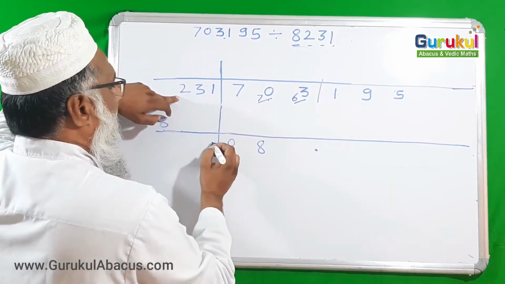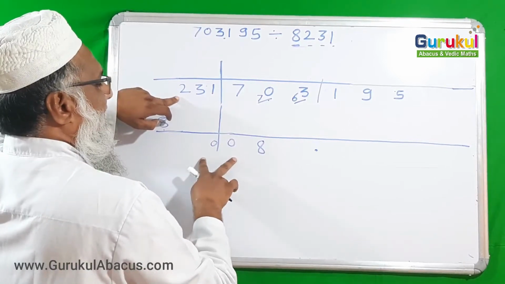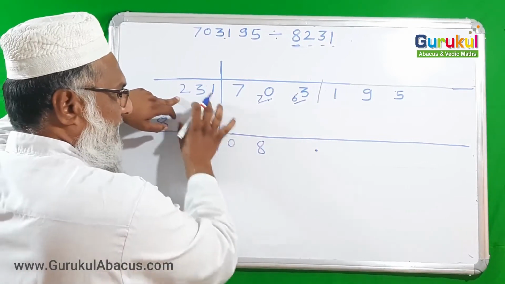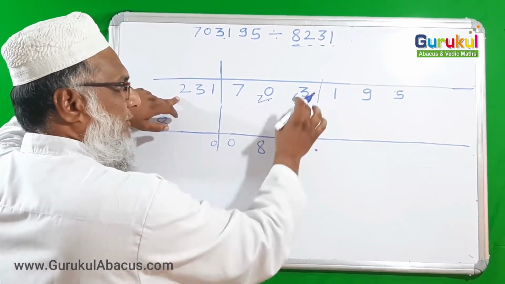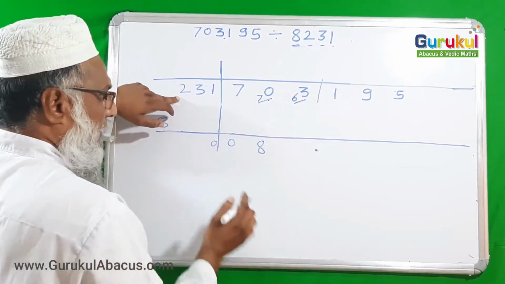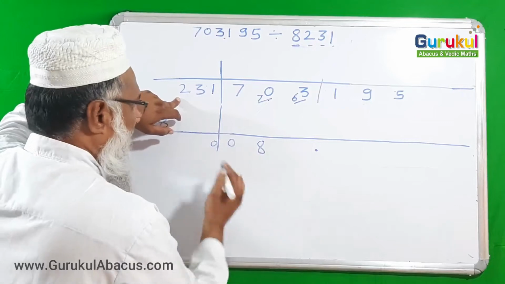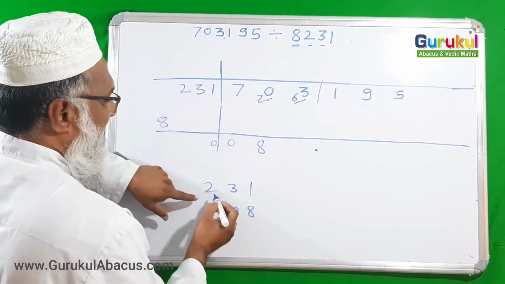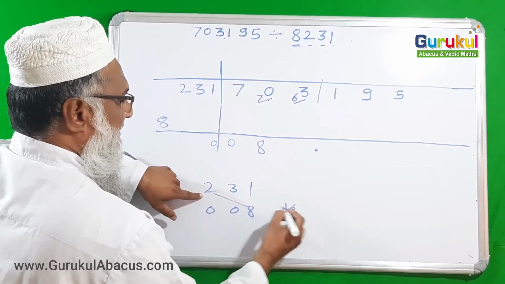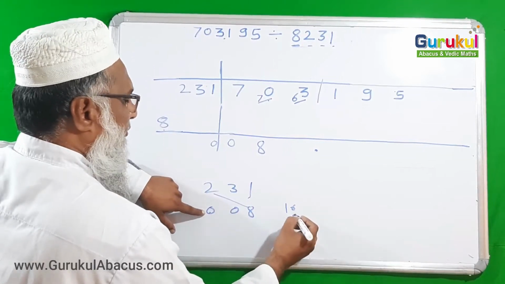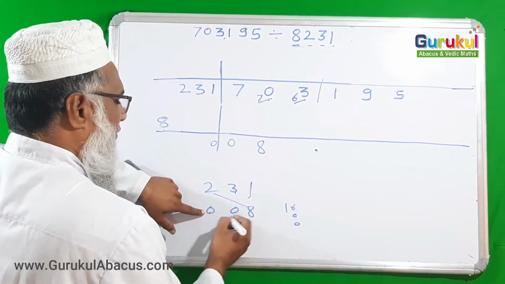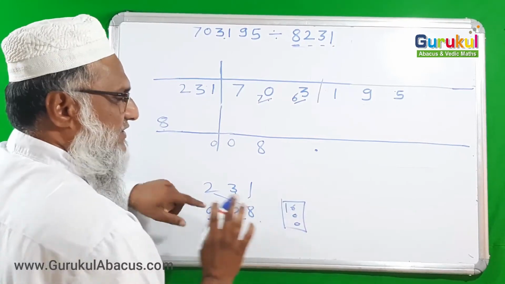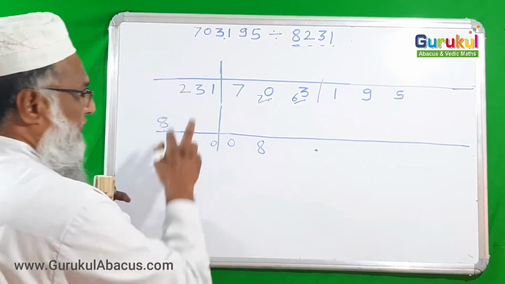So I should have 3 digits in the answer digits, and then I should cross-find 3 products and subtract all those 3 products from it. So actually how it will happen, I am showing first and then I am doing separately. Suppose it is 2, 3, 1 and here 0, 0, 8. Then first 2 8s are 16, 1 zeros are 0 will come, you know it, and 3 zeros are 0 will come, you know it. So both operations are not needed, just to understand. The addition of all 3 products is 16, that you can understand easily here.